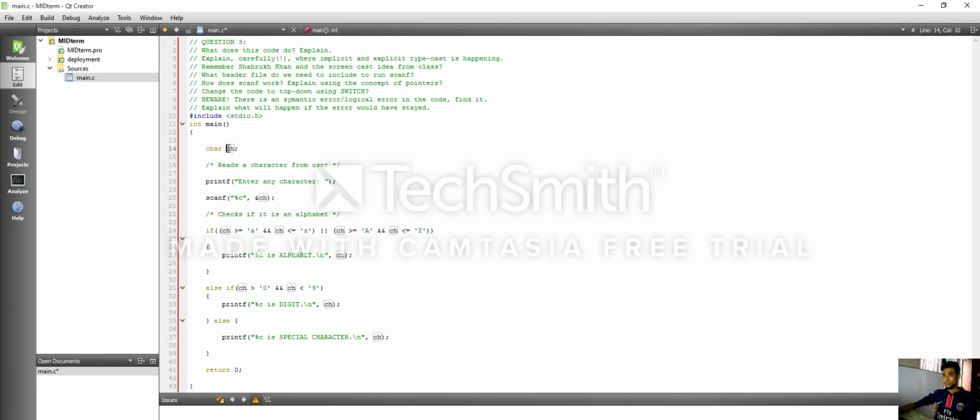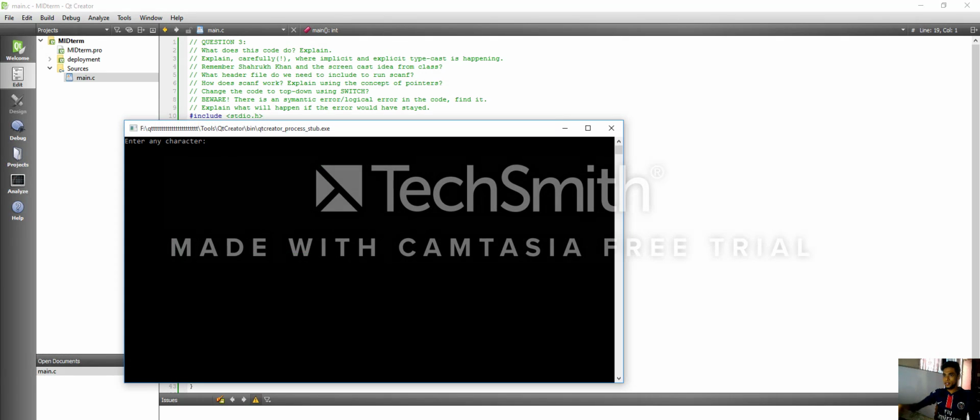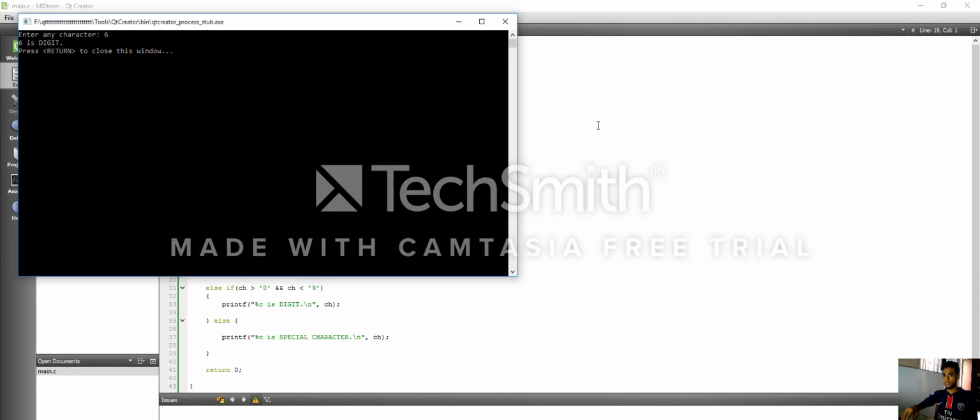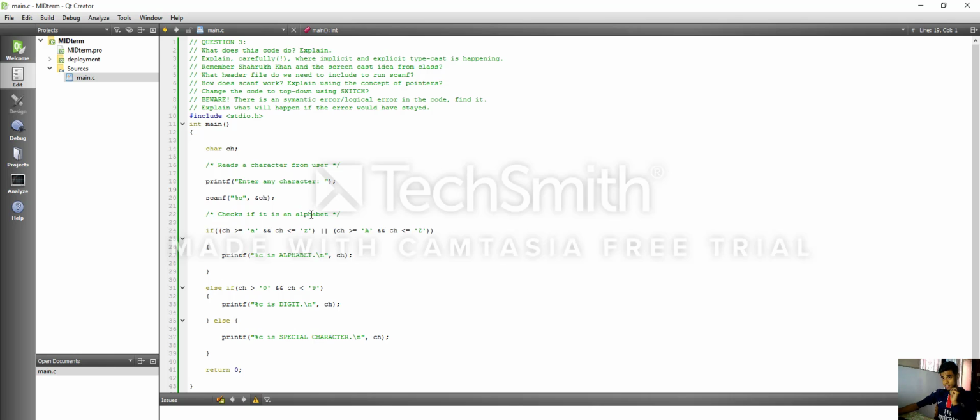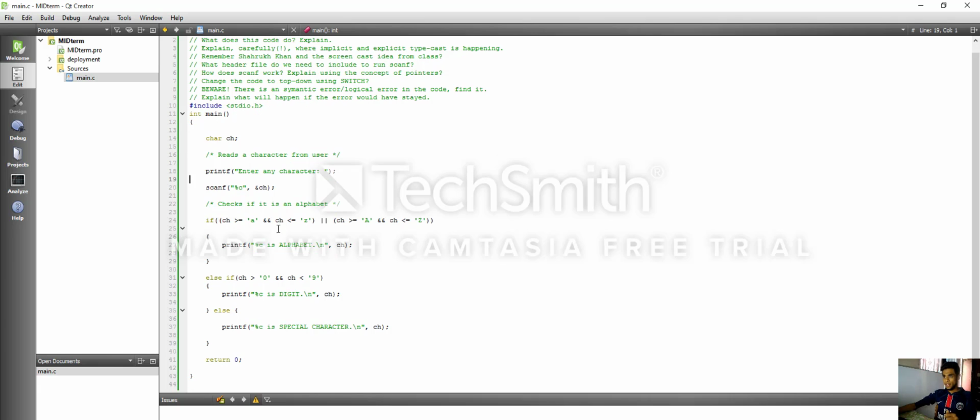So first of all, we are using a character here, and Control R 0, A is the alphabet, 6 is a digit, and these are special characters. In this program only one character will be inputted from the user, and there is an error, actually a syntax error, then here there must be an equal to sign, because